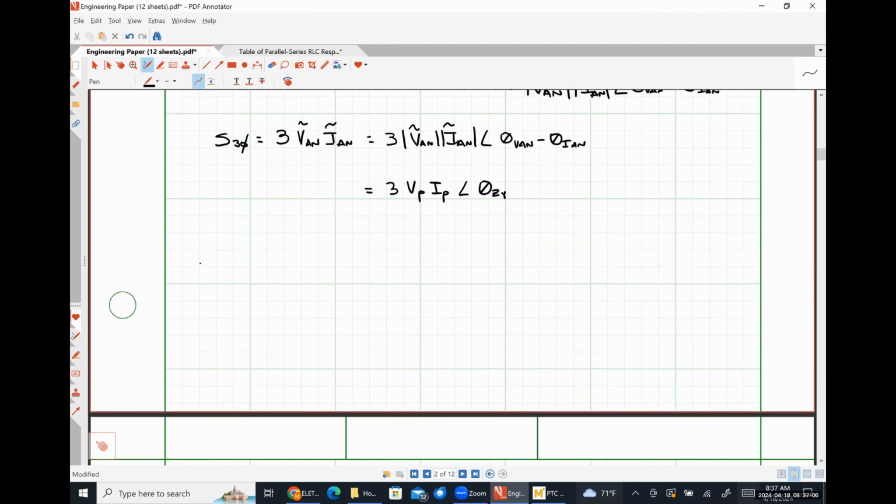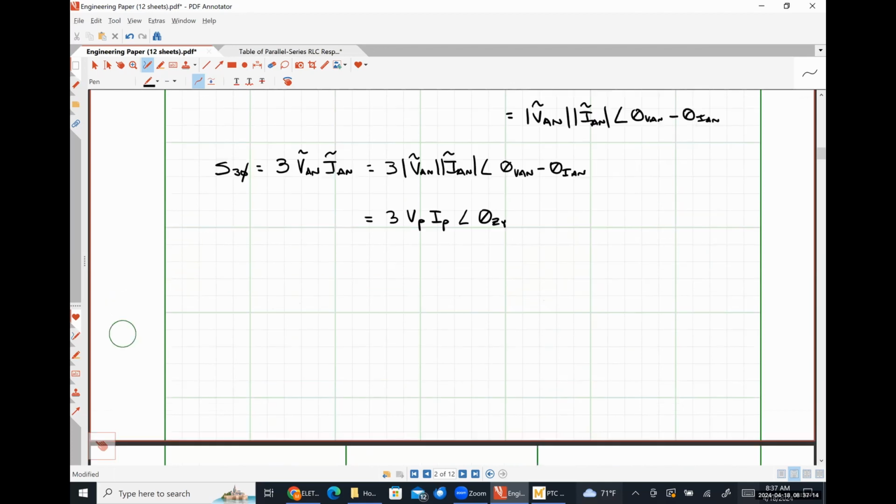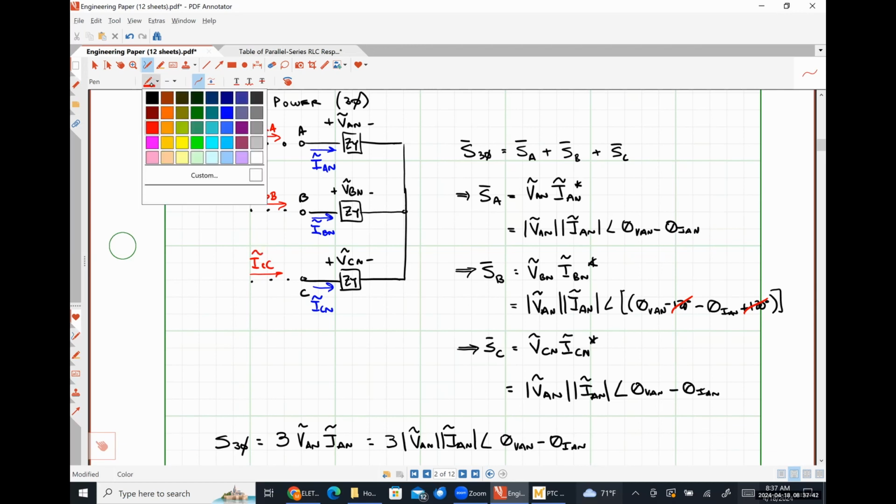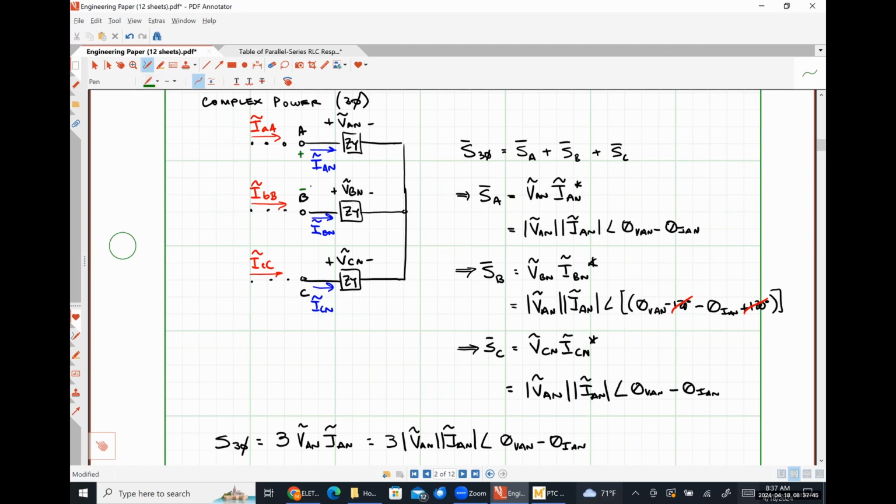What if I wanted to express this in terms of line quantities? So line voltages and line currents. So let's look up here, right? This would be my line current, IAA. This would be my line current, IBB. And this would be my line current, ICC. I would also have a line voltage here,